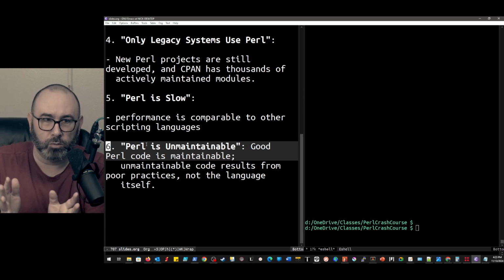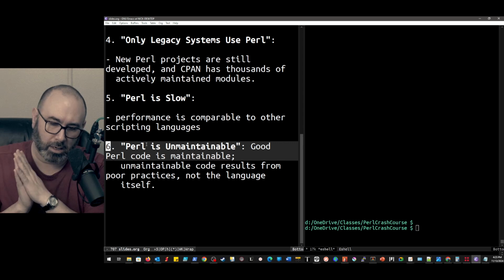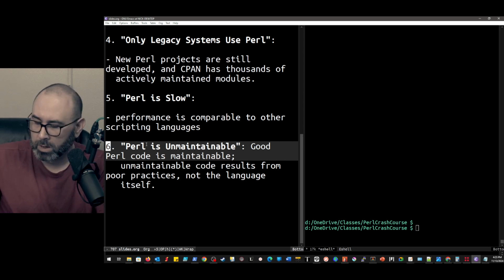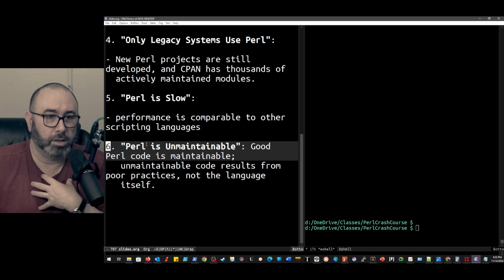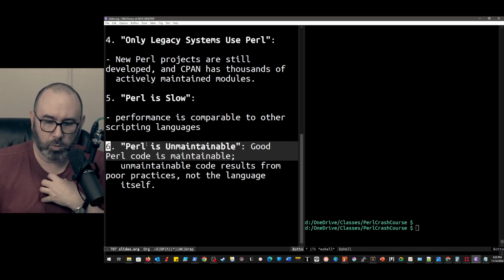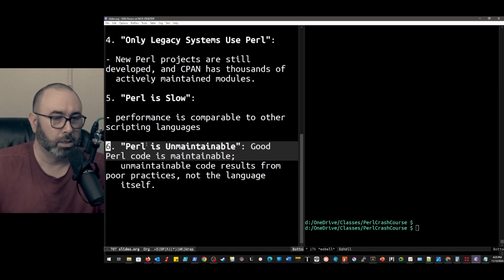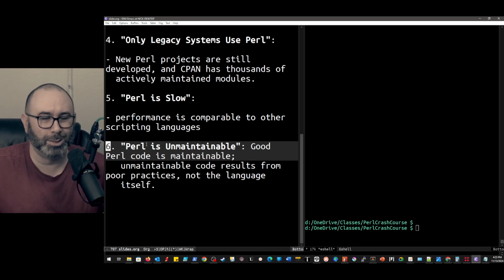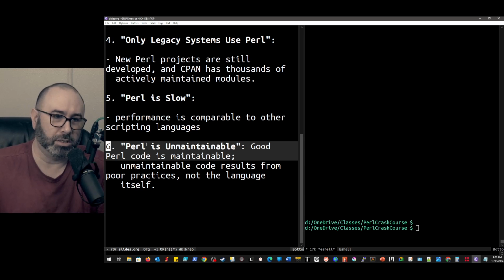So it allows you to do some really, really powerful things, and to do that very, very quickly, right? And that's also, I think, one of the things that has led to problems with Perl: people will just throw something together without thinking through how this is going to be deployed in the long run, and then it ends up being the final solution, right? And then Perl is unmaintainable. I think actually the opposite is true.